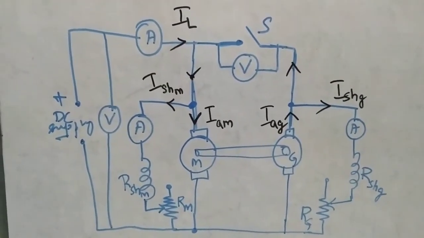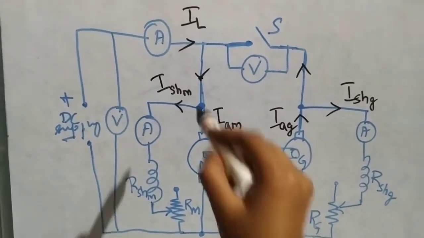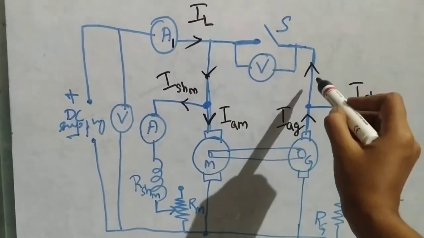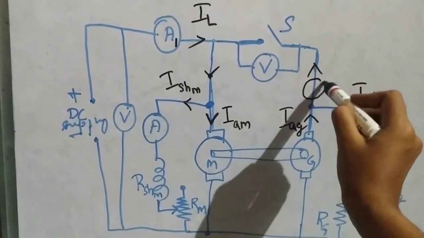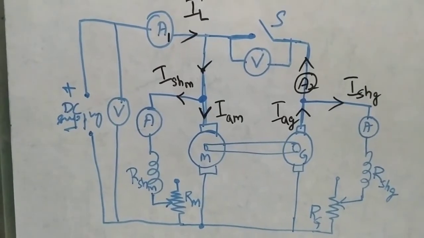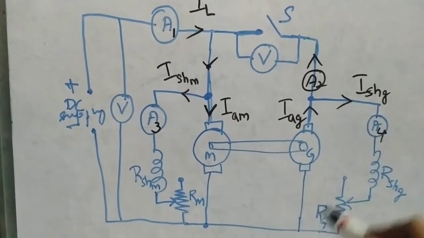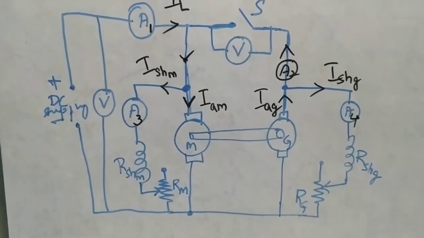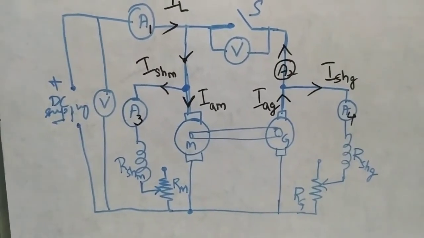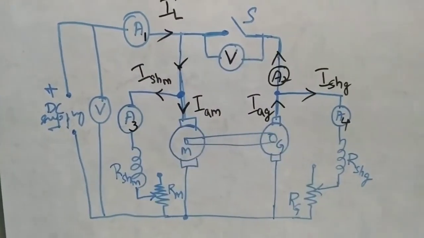Okay, fine. So here the ammeters you can denote with different names. Let me take this as ammeter 1, ammeter 2. One more ammeter I am going to insert here, ammeter 3, ammeter 4. So totally 4 ammeters we are going to use. Then voltmeter: this will be one voltmeter, and a voltmeter here which is connected across the switch.